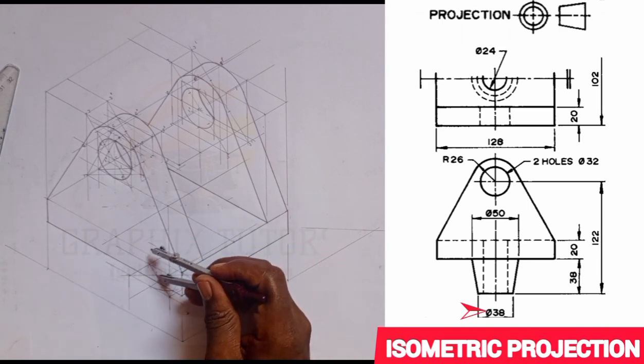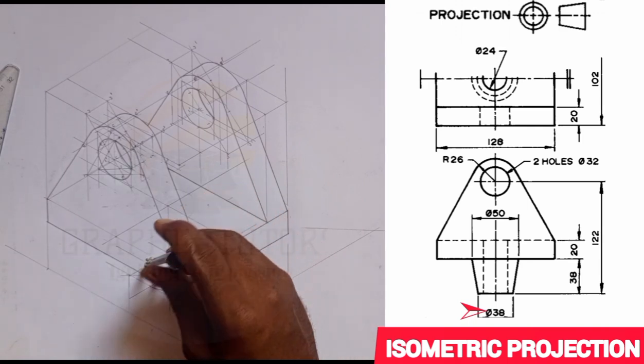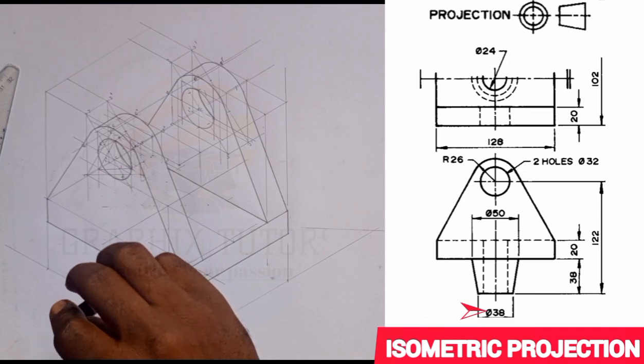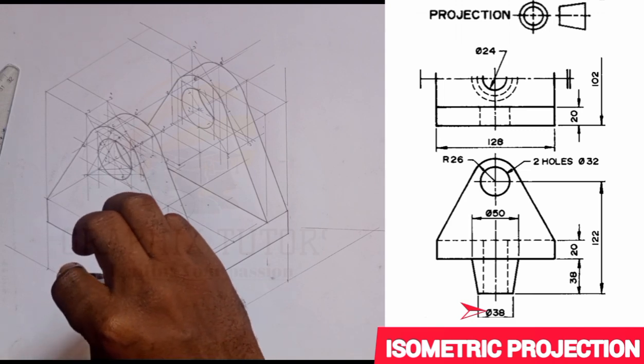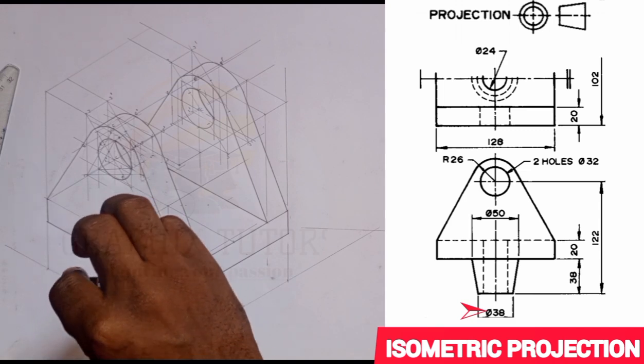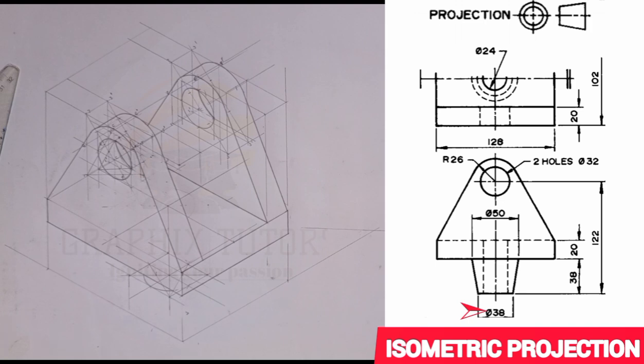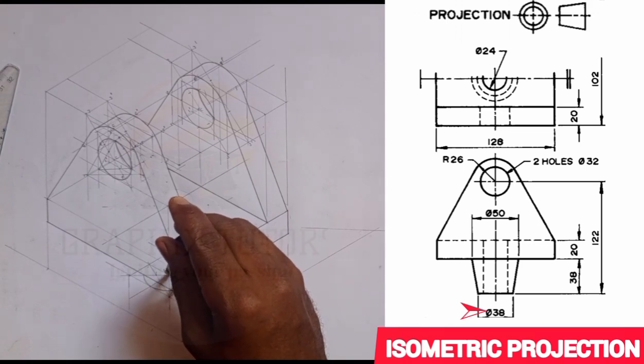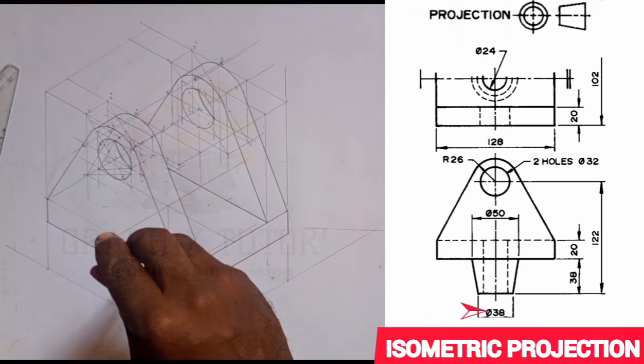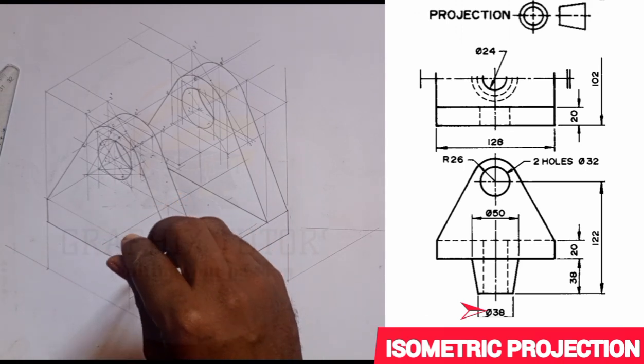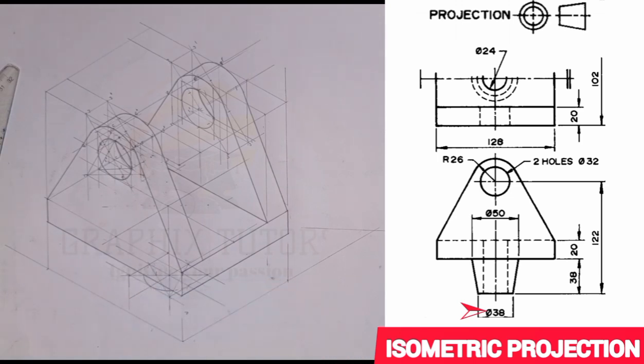Then from this point here to this point, I'll connect these two. So I'm having this way. So this is stopping here. Can you see that? So this will be stopping at this point. The rest is just hidden line. If I should show you, you cannot see it. It is just at the base there. So we'll only do this. Now we are done with that. The next one is